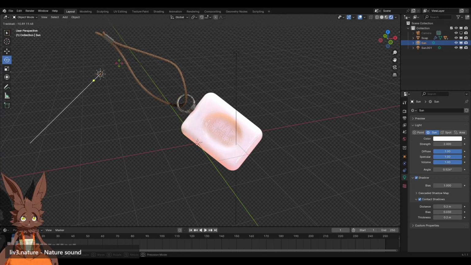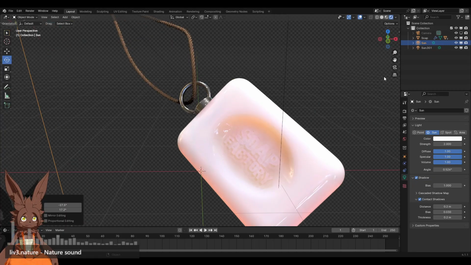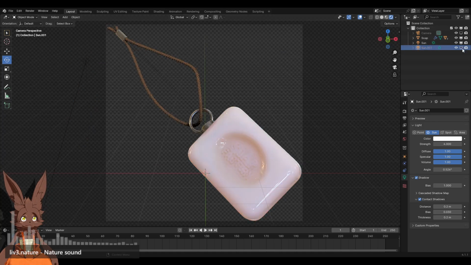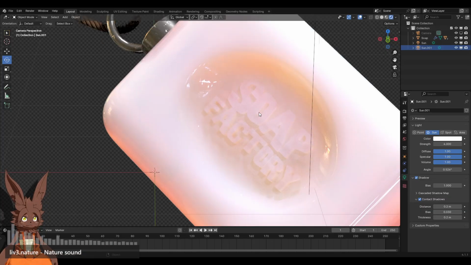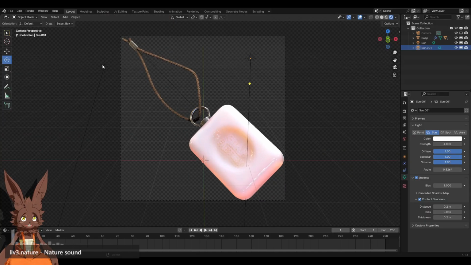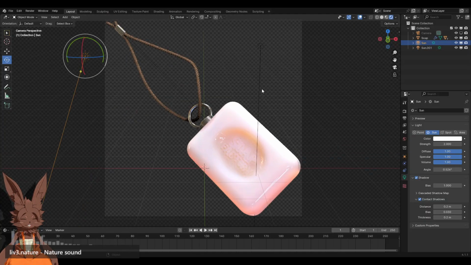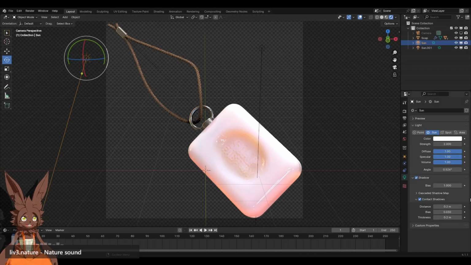So this is pointing that way. Maybe if I did it like that. The double whatchamacallit is actually causing issues. Feels like it's double casting, I think, the shadows here now that I have it pointed that way. But at least you can read, like it says soap factory, kind of. I mean, you can't really read it, but